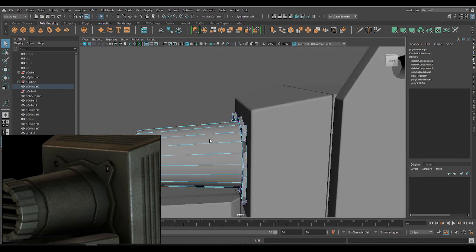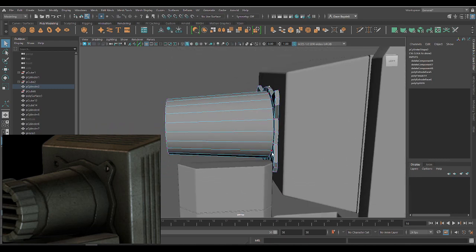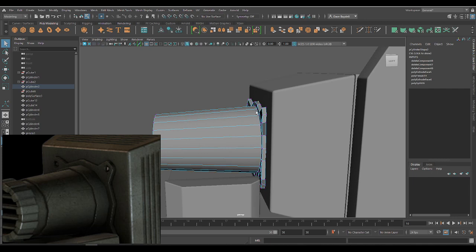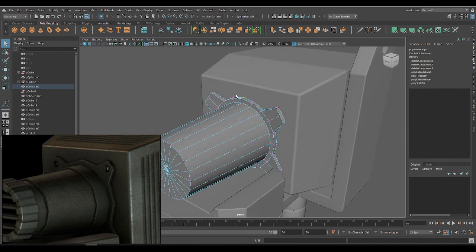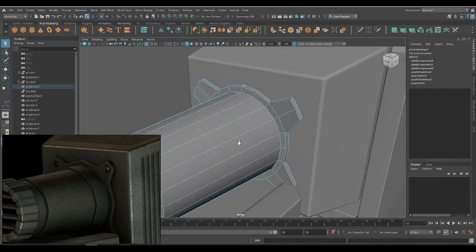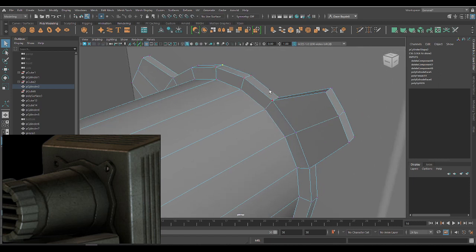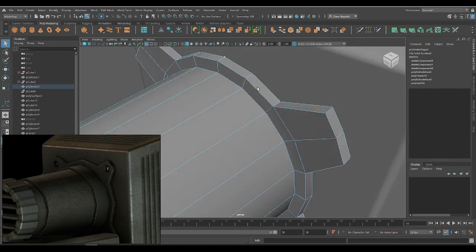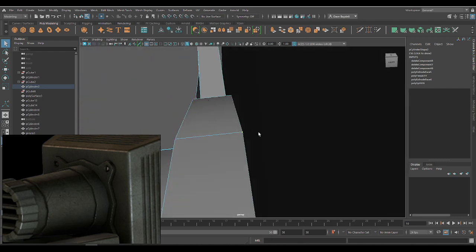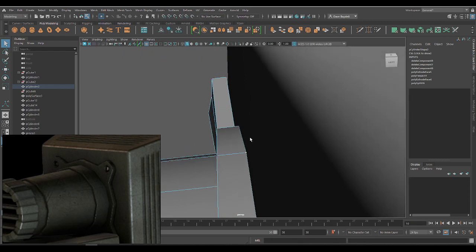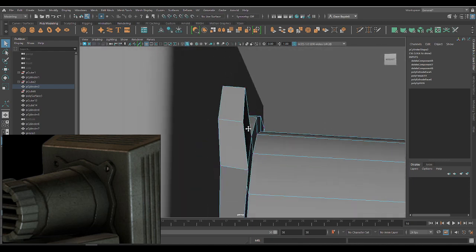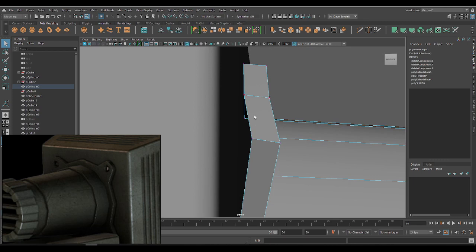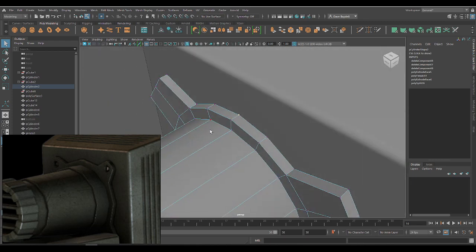We snapped this cylinder to the back of this plane at the beginning, so it's flush up against the surface. And when we extruded out this first ring of edges, we did it so that there is no depth being applied to it. Therefore, this vertex here is perfectly snapped up against the surface here. But you can see that some of these edges are getting a bit wonky, and we can see behind it. So what I'm going to do is go to edge mode,